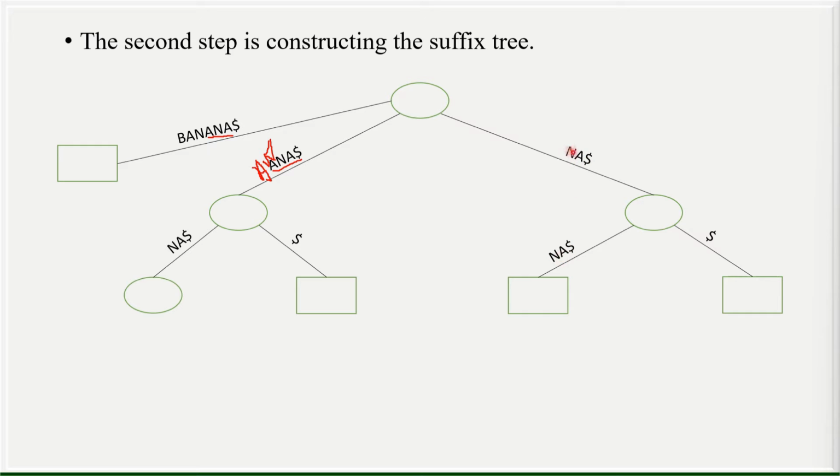So basically, NA dollar and this dollar is the dollar. Again, this ANA will get split into NA and NA. I think it should be A basically.